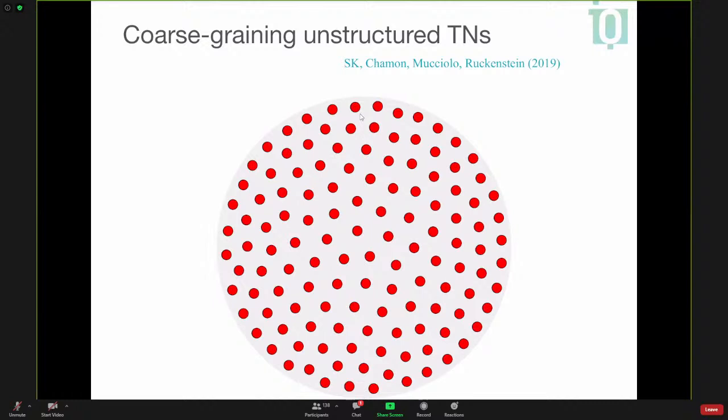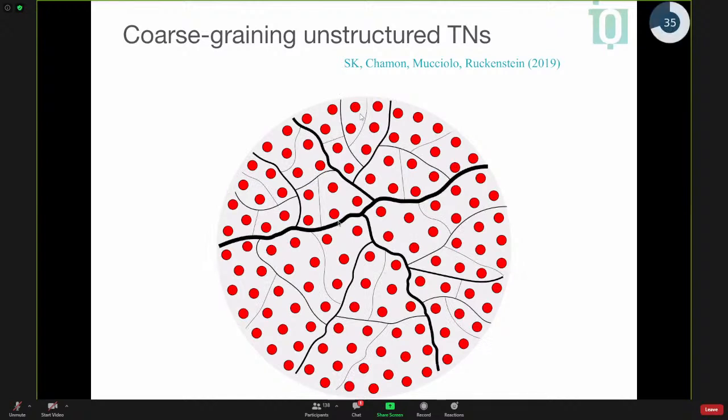So one idea to do this is to kind of try and divide this graph using separators. So you try to cut this big network in half as best you can, such that you cut it roughly in half, but you cut as few bonds as possible.